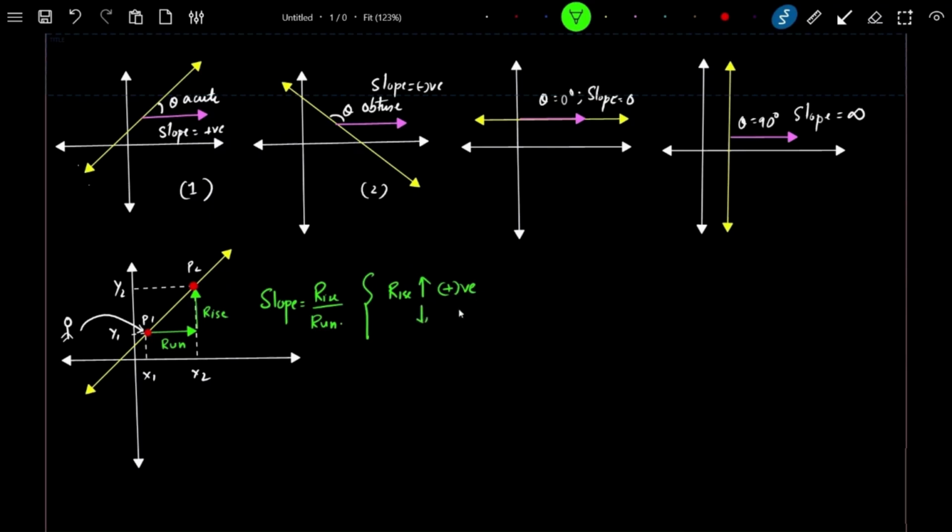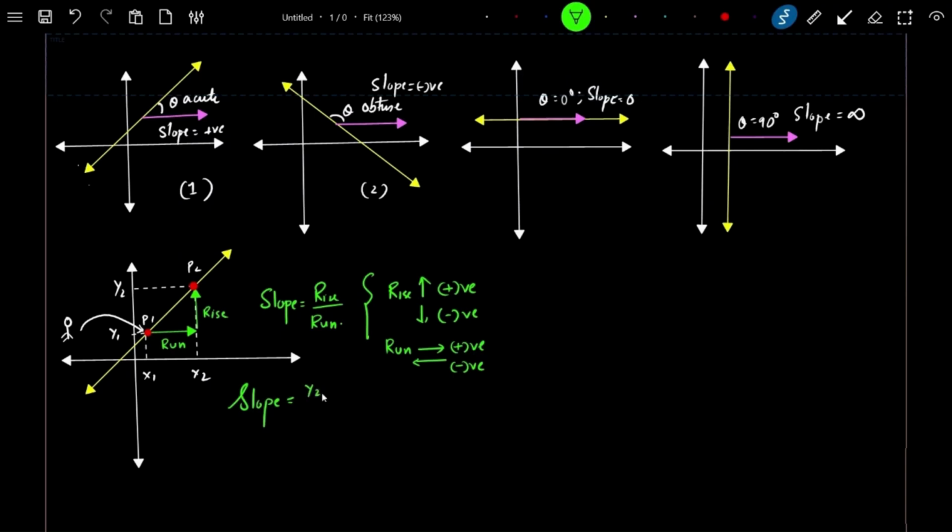If it is vertically downwards, we will consider the rise as negative. Similarly, run, if we go on the right side, we'll consider this as positive. If we go on the left side, we would consider this as negative. So, if we now try to compute slope from the above formula, that's from this, the rise will be given